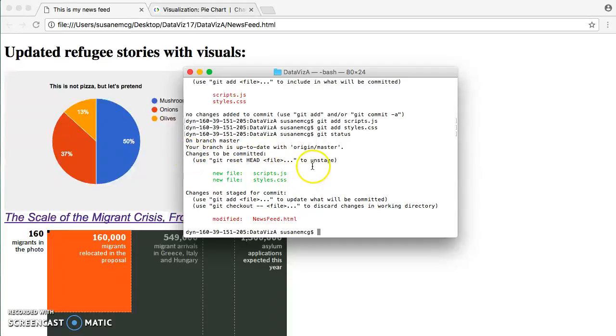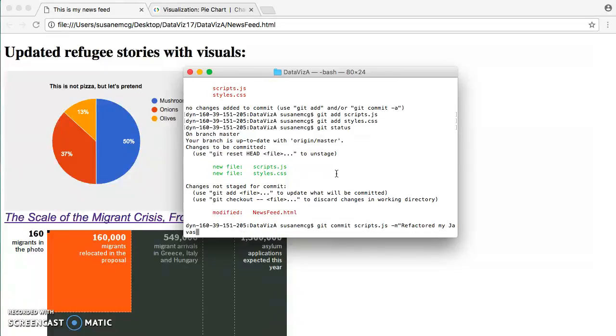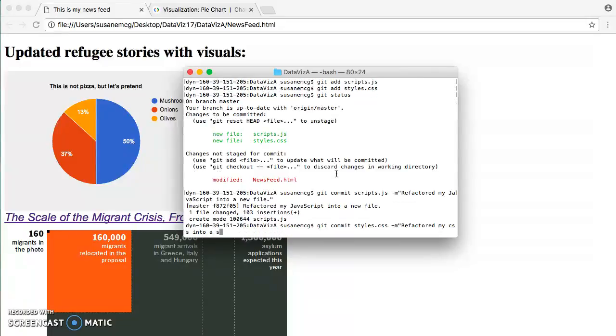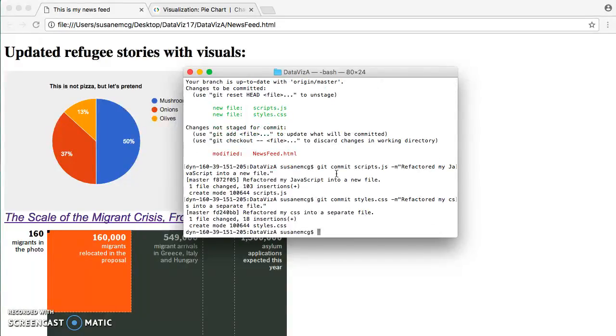It's saying these are the changes to be committed, so the next time you run git commit. So in this case, I am going to run git commit with the message: first scripts, refactored my JavaScript into a new file. Done. I'm going to do the same thing with my styles: refactored my CSS in separate file. Done. And now, of course, I'm going to commit my